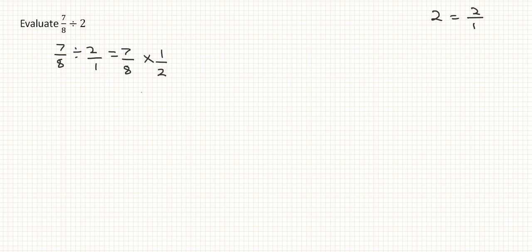Change the sign to a multiplication. Then we can now multiply across: 7 multiplied by 1 over 8 multiplied by 2. 7 multiplied by 1, we have 7. 8 multiplied by 2, we have 16. That's the simplest form. Now our final example,